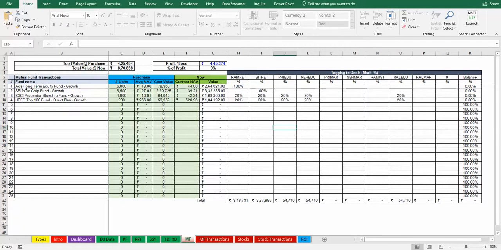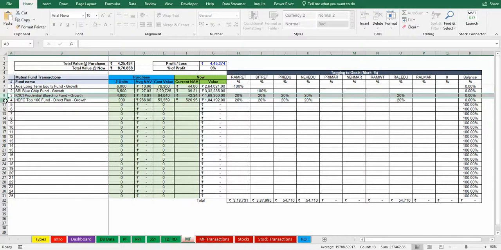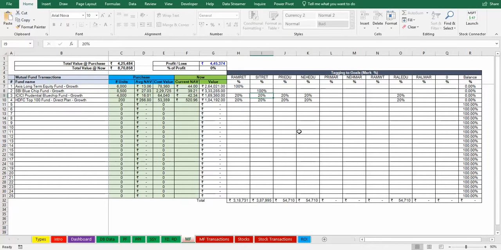For example, for Axis Long-Term Equity Fund Growth, I have allocated 100% of the value to go under my retirement scheme. SBI Blue Chip, I have allocated 100% to go to my spouse's retirement. The balance two schemes that I am investing in, I have allocated 20% against each: 20% for my retirement, 20% for my wife's retirement, 20% for my daughter's and son's education, right? I can also change this now to 20% to their marriage,